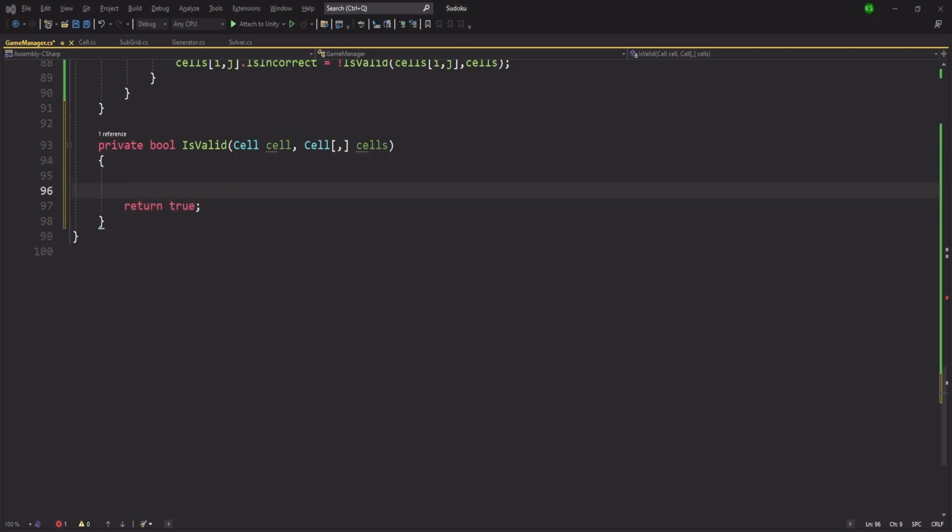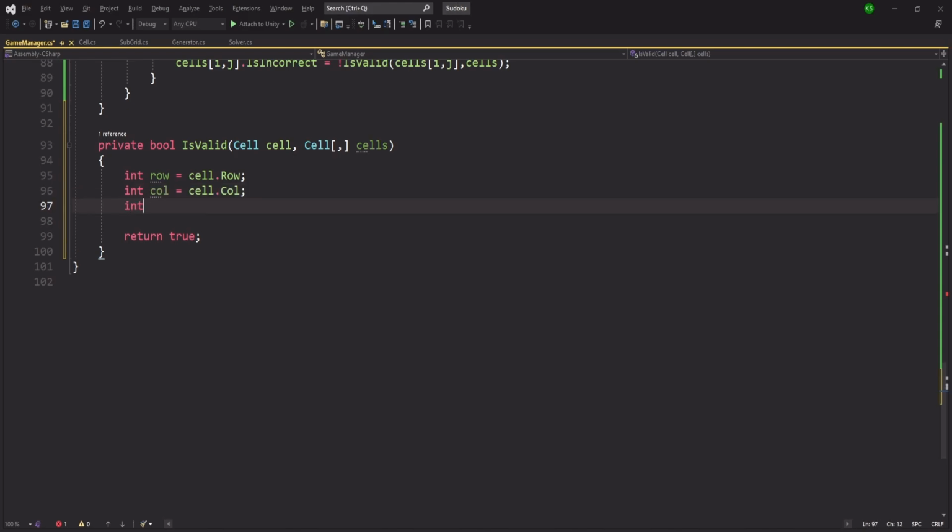So when it is not going to be true, let's get the row and the call. So it is going to be from the cell dot row and call, and our value is going to be cell dot value, and if our value is 0, then we are going to return true,